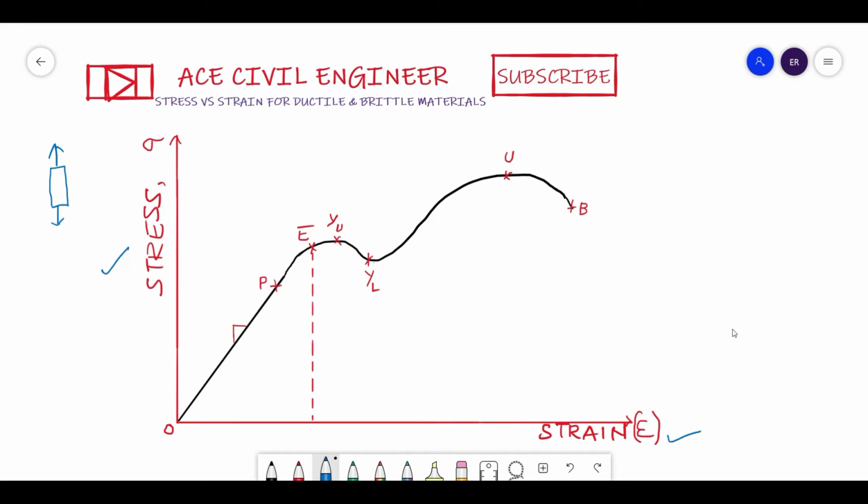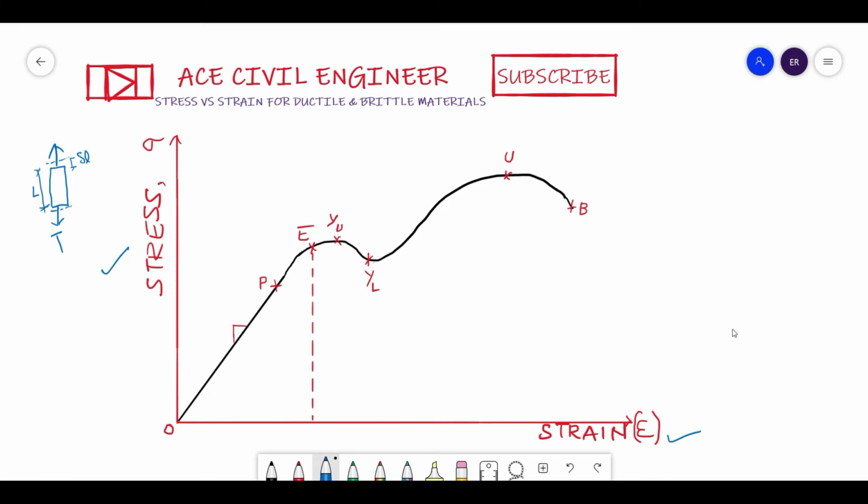Now let us get into the concept of the stress strain curve for a ductile material. For the time being, I am considering mild steel as the material for which I have shown you the stress strain curve. In this curve, we are going to understand the behavior of this mild steel when it is subjected to some tension force T. When I apply this tension force, what happens, friends? As I have already mentioned, ductile material means it has a tendency to deform. So it will slowly increase its length with some delta L deformation, and this delta L by the original L is nothing but the strain. So delta L by L is the strain.